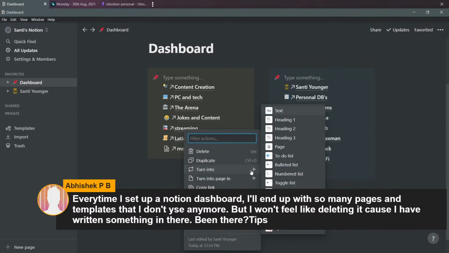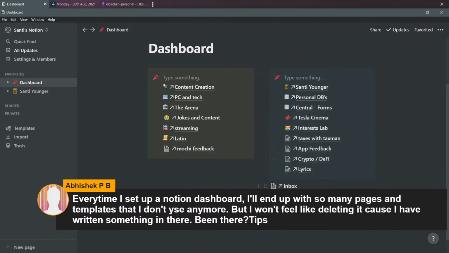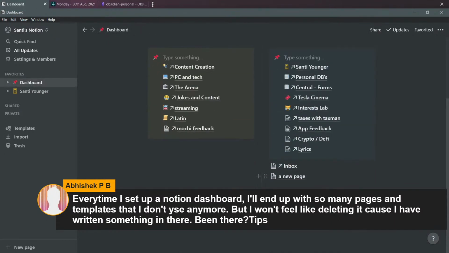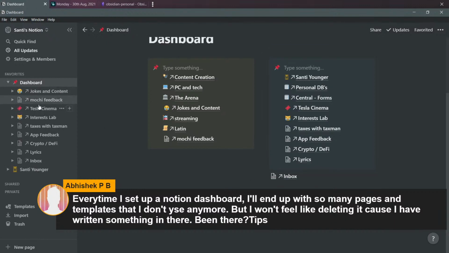So you turn it into a page just like that. And now whatever you write in here, of course, is going to start cluttering up your dashboard. Now you have this new page in here, and that to me gets very cluttered very quickly. So what I end up doing is I just create one page called Everything, which I actually have down